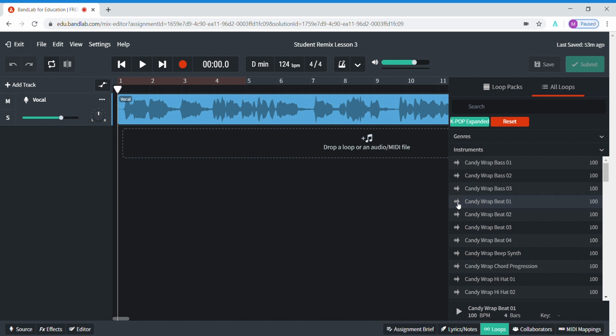Okay, so to save time, I'm going to use this one, I quite like that one, Candy Rap Beat 1, but choose your own. It doesn't have to be K-pop, you can use any style you want. You point to there, and can you see here it says drag a loop there, so Candy Rap Beat 1, make sure you get the right one. I'm just going to drag it to there, let go,